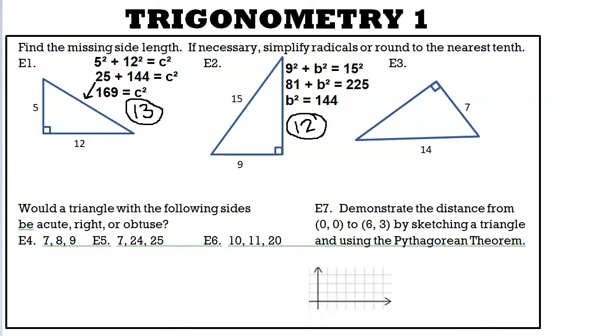All right, now, example number 3 is one that I'm going to go through pretending that I don't know the answer, even though secretly I do. And honestly, secretly a lot of you might know it as well, because if we were to do 7 squared plus b squared equals 14 squared, this is actually going to turn out to be a waste of our time, depending on how good you were at the previous chapters. Okay, so b squared is 147. It said simplify or round to the nearest tenth. If you were to round it to the nearest tenth, you'd get about 12.1,